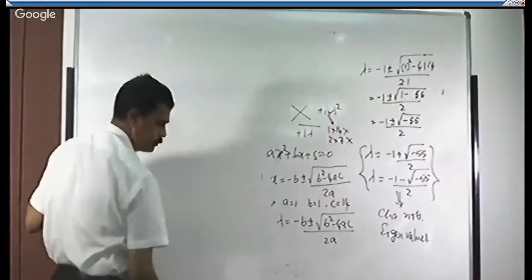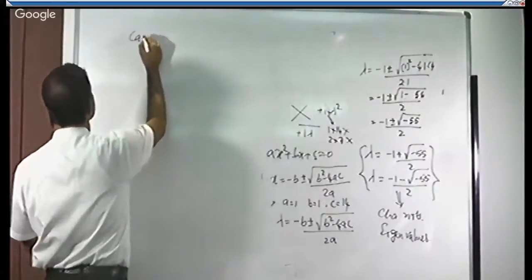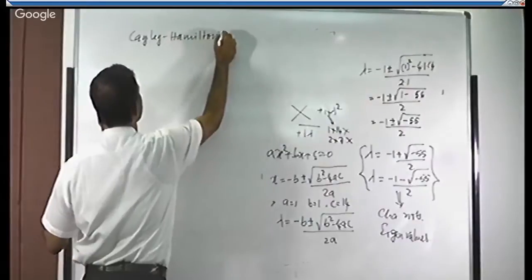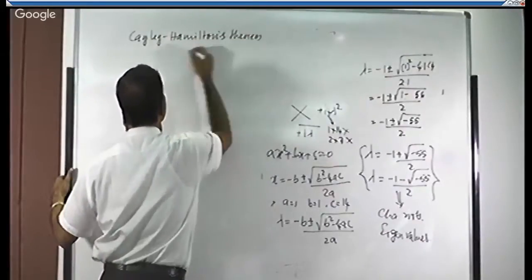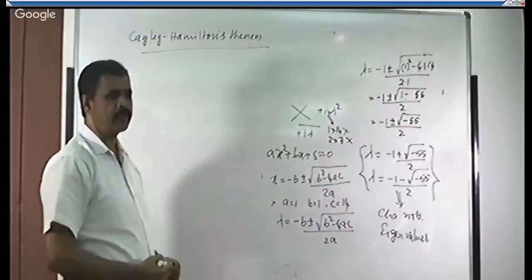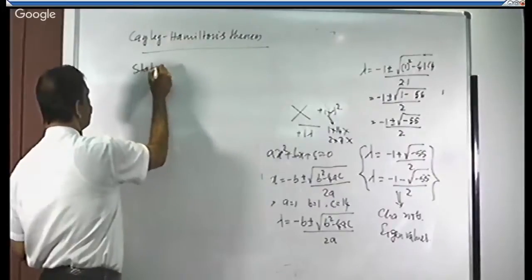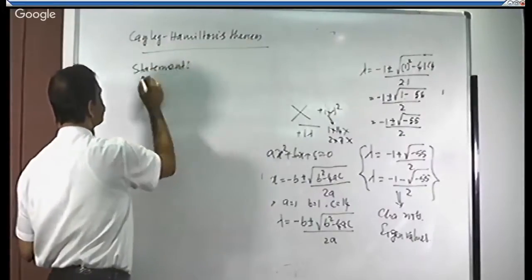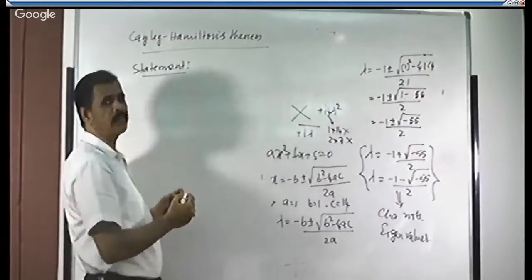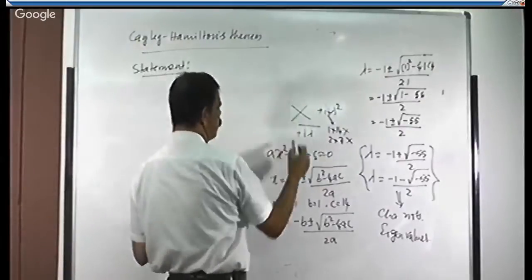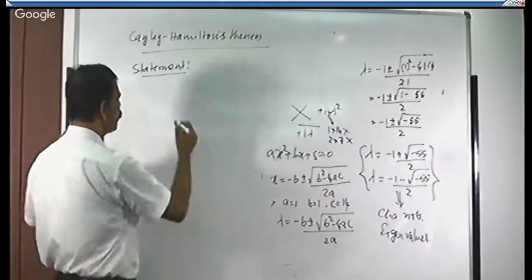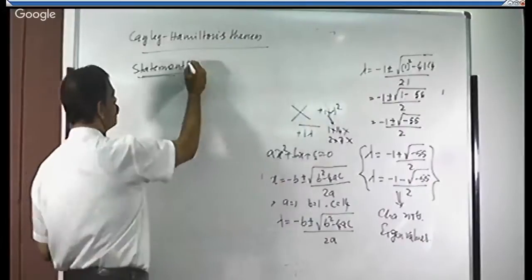Cayley-Hamilton theorem. So this theorem states that every square matrix satisfies its own characteristic equation. So we have to get the characteristic equation first, then we have to verify it. What is the statement of Cayley-Hamilton theorem? It states that